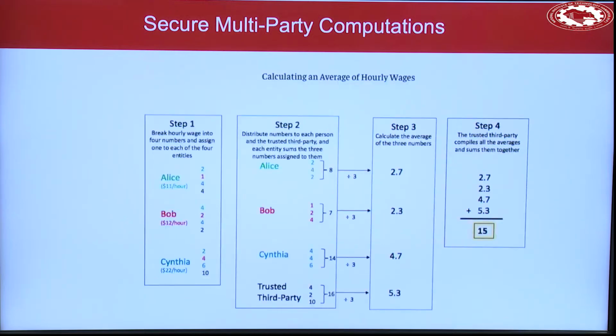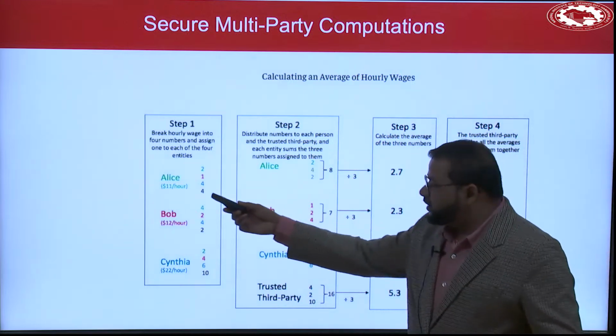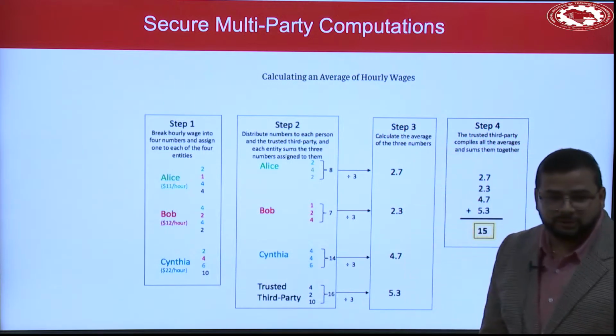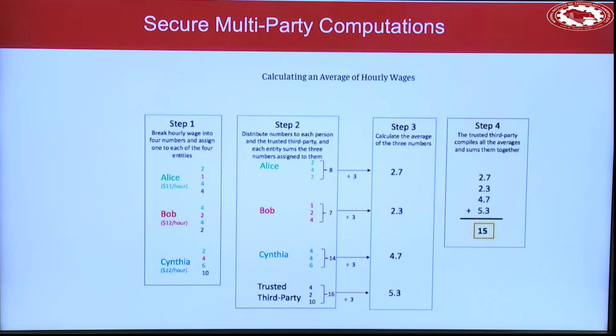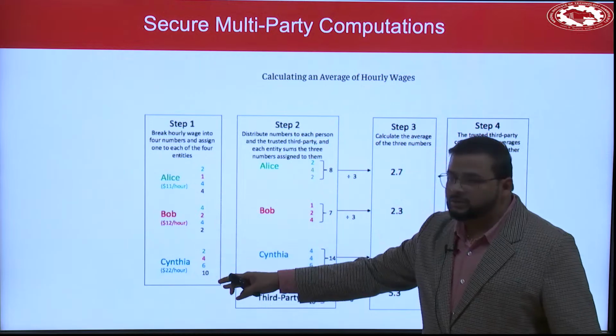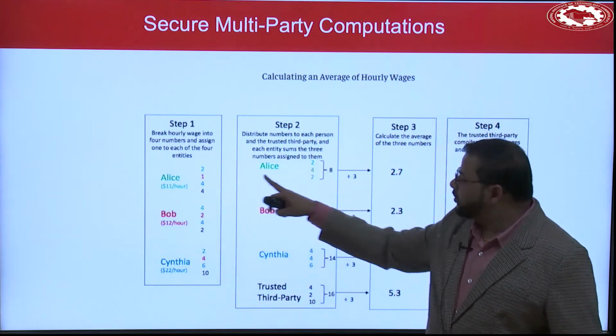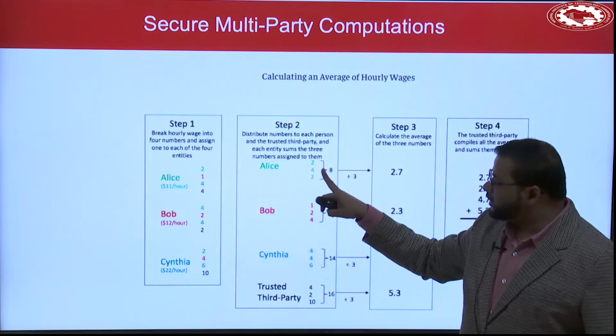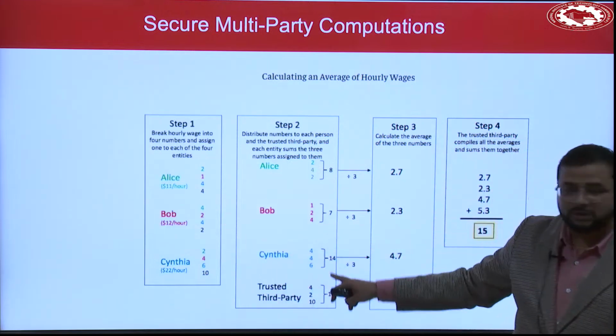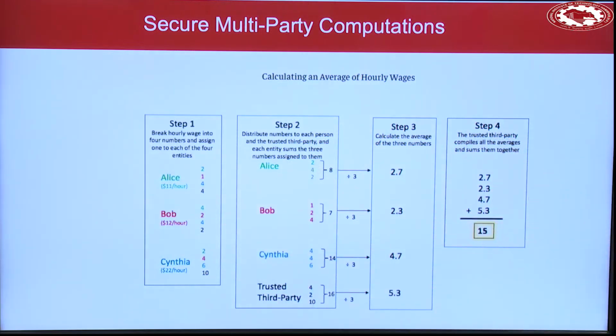So, for example, another example is calculating the average of hourly wages. Alice is getting $100 per hour, Bob is getting $12 per hour, and Cynthia is getting $22 per hour, right. So, they are dividing their wage per hour into 4 breakdowns, each of these, and then you are passing this to this server, the first share to, let us say this, and so on. So, 2, 4, 2 getting here, 1, 2, 4, and so forth, right. So, you are storing these in 4 different places, let us say.